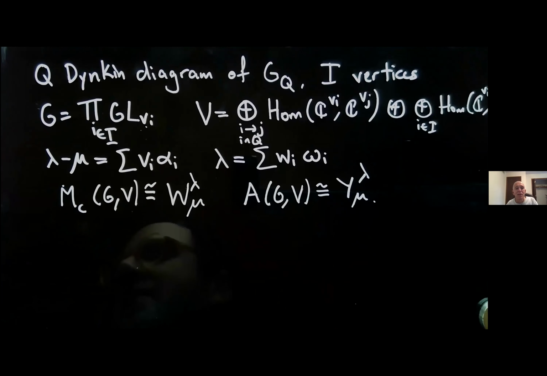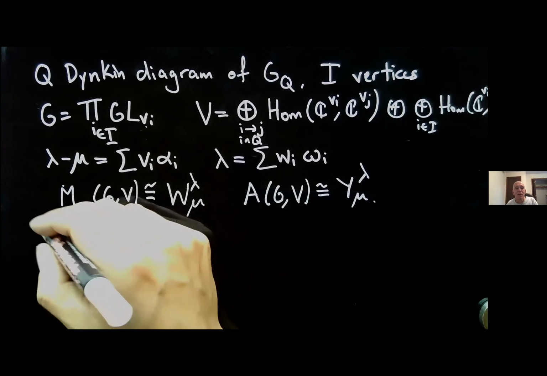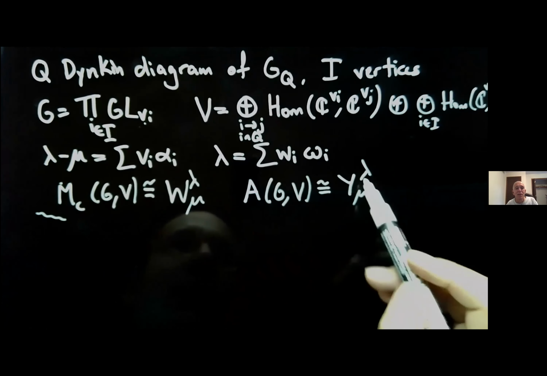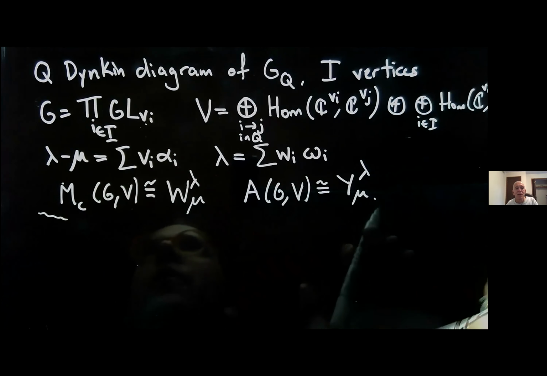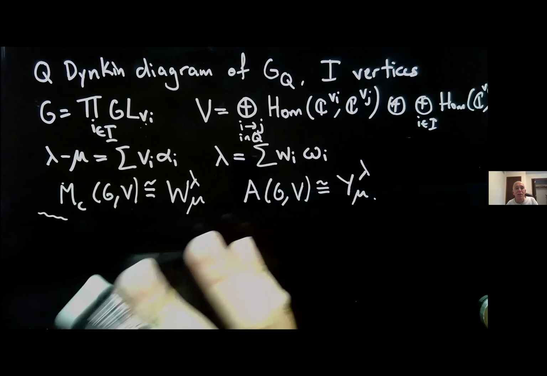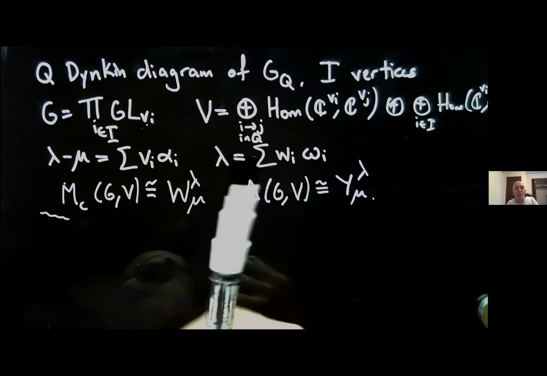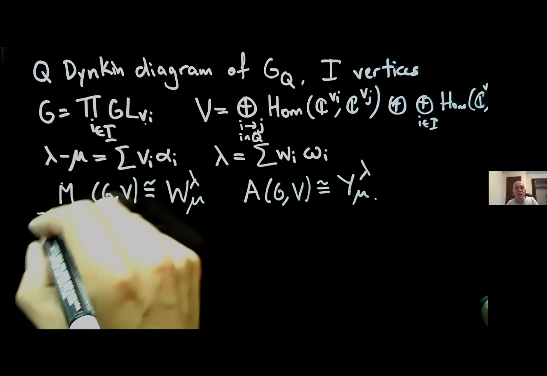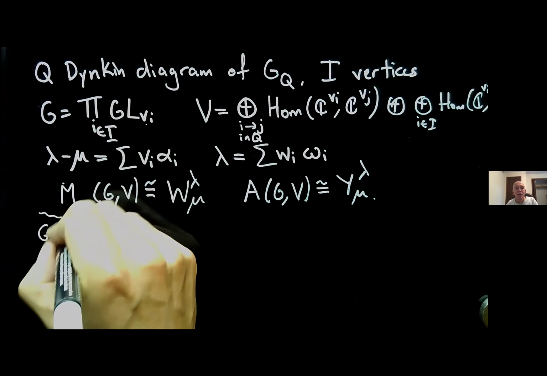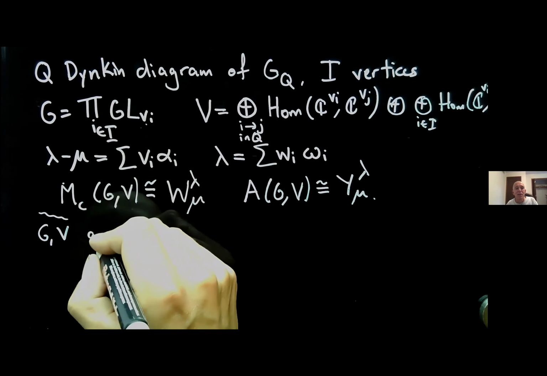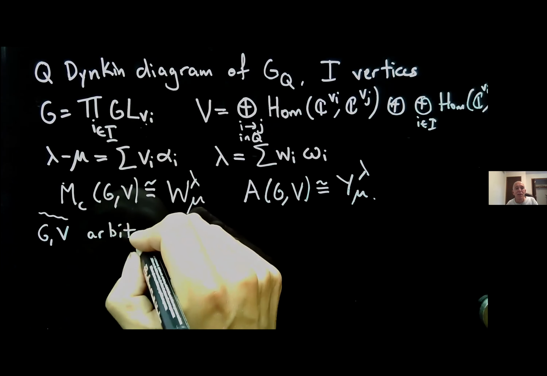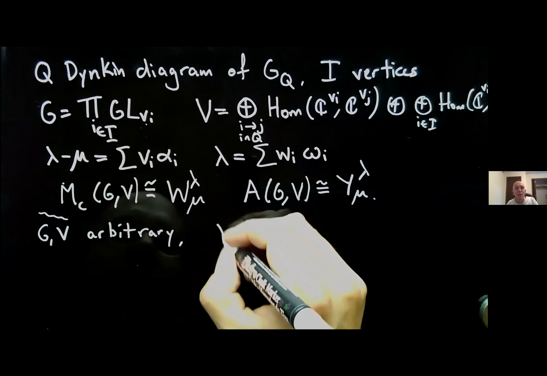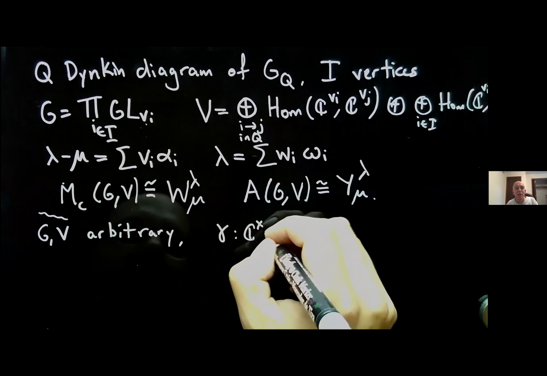And now, this is the end of this little interlude. So now we want to relate Y_λ^μ and Y_λ^{μ+α_i}. But I'm going to discuss something much more general about relating different Coulomb branch algebras. So G and V again are arbitrary, a reductive group and representation, not necessarily a product of GL_Ns. Okay, another piece of data I'm going to need now is a coweight of G, so a map from C star into G, or into the maximal torus of G. So a coweight, γ.